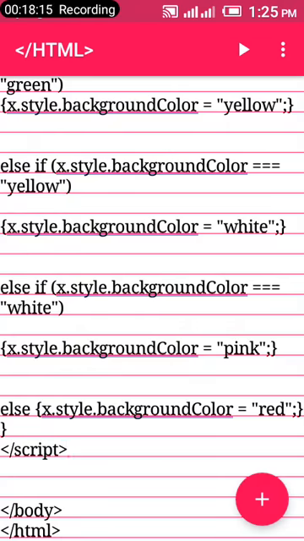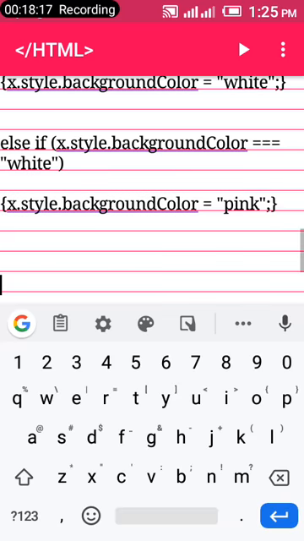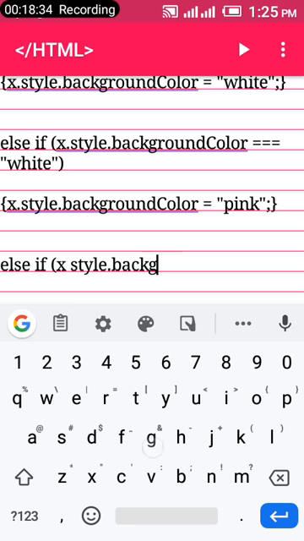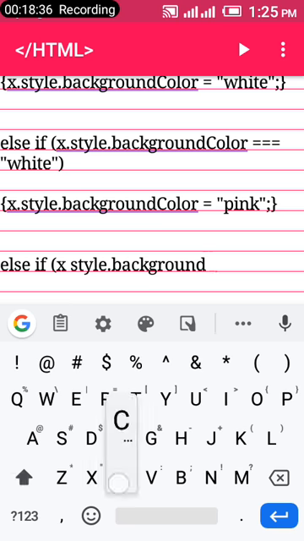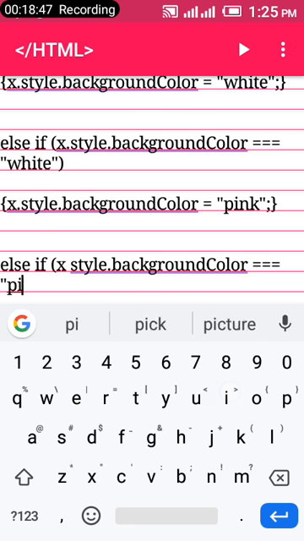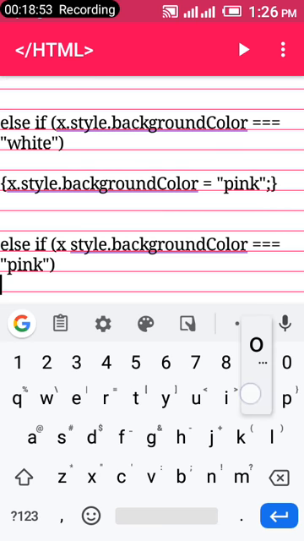Now for you, what might be going on in your mind is, how do I add more colors? You simply come here, you add an else if statement. Now just watch this line I'm going to create here. You don't just go and add new colors like that. Else if x.style.backgroundColor was set to, remember, pink is the color that is here, so you put whatever color that was set previously in your project or in your website. If it was set to pink, you want to give the user an option to change it to, let's say,